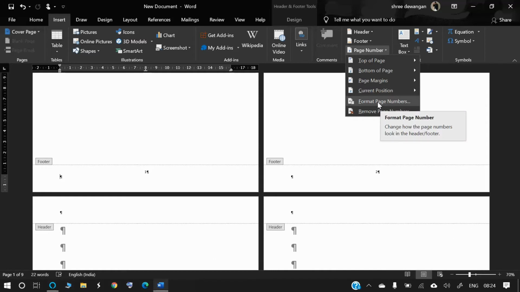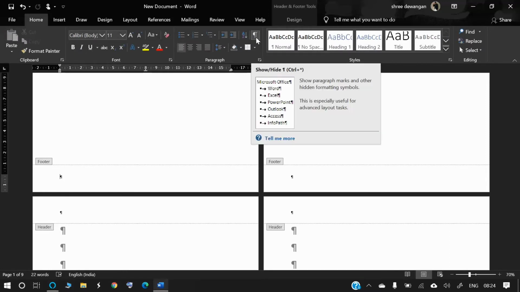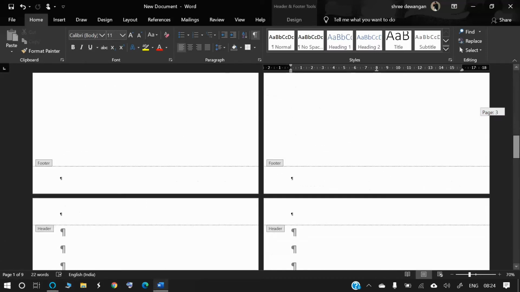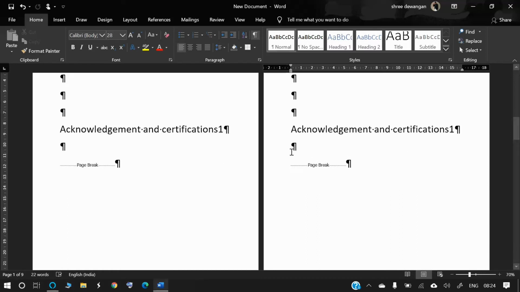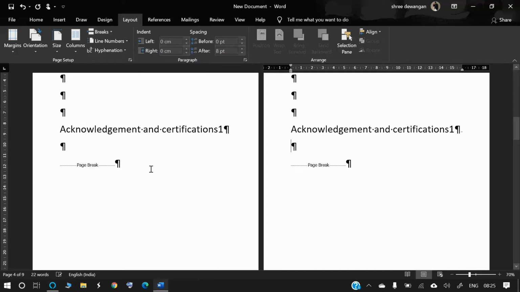First I am removing the page number, and go to Home, and go to the page where you want to change the page style. Click here and go to Layout, Breaks, and in Section Break click on Continuous.